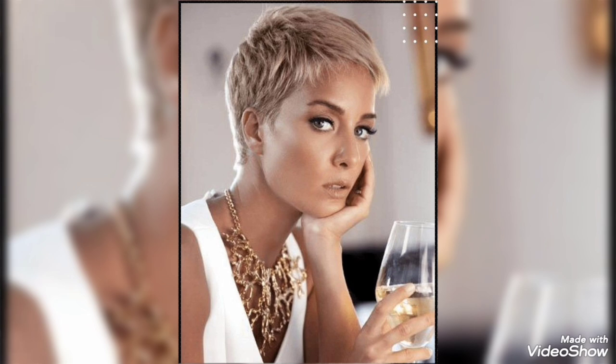pixie haircut, bob haircut, shaggy haircut, wedge haircut, and different type of cut. Some ideas: layered, deep layered. Some ideas: step, undercut,